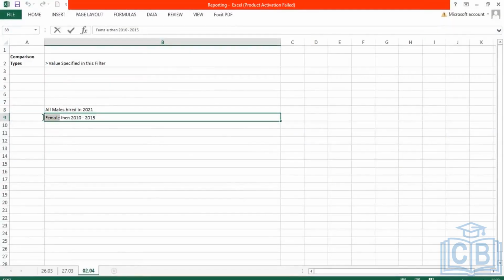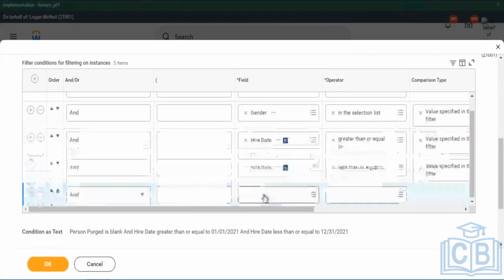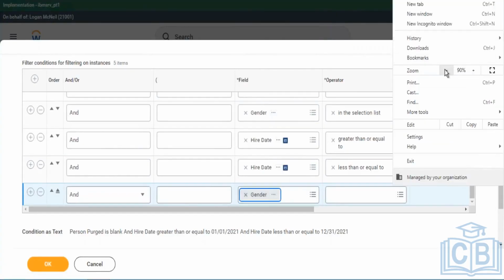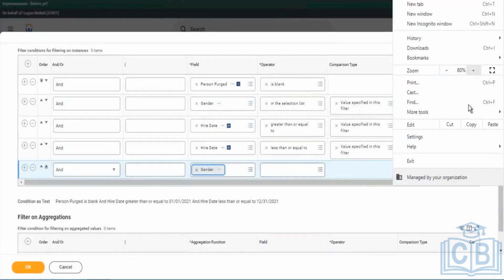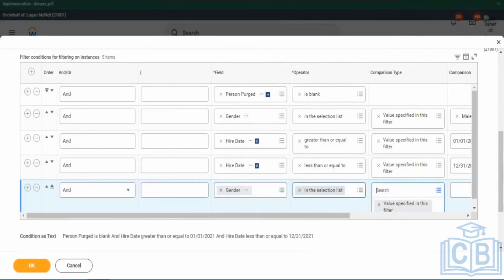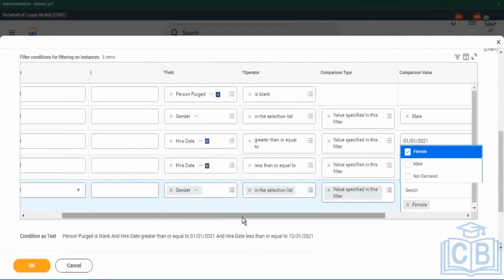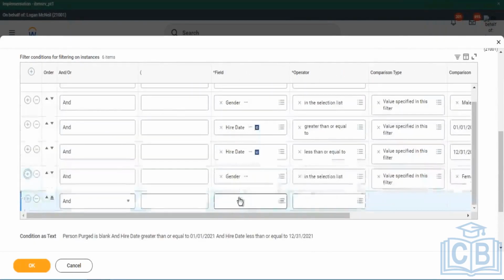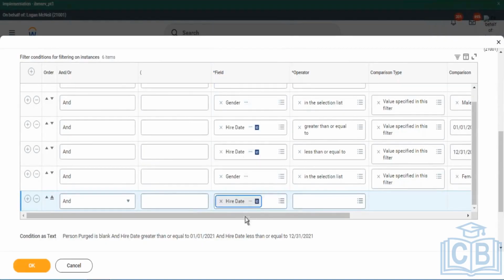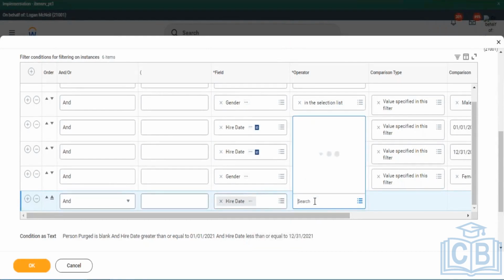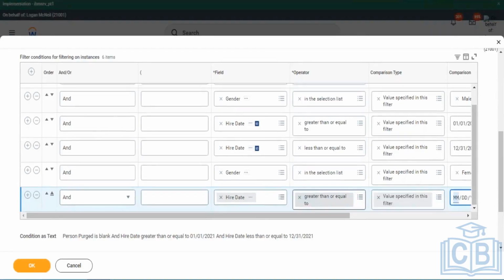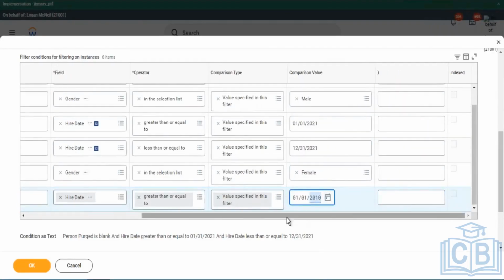Now the second bit of the requirement is for females. Their hire date should be 2010 to 15. Once again, I'll add gender in the selection list. This time I want female. And then, what is the requirement with respect to hire date? If it is greater than or equal to from, right. Once again,